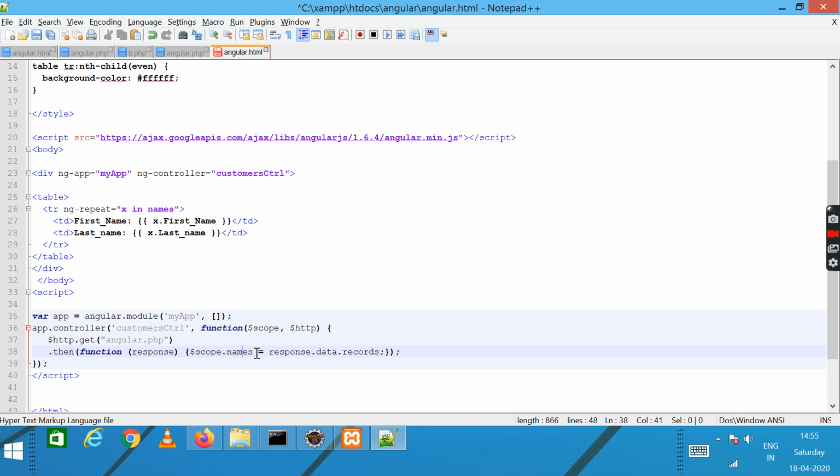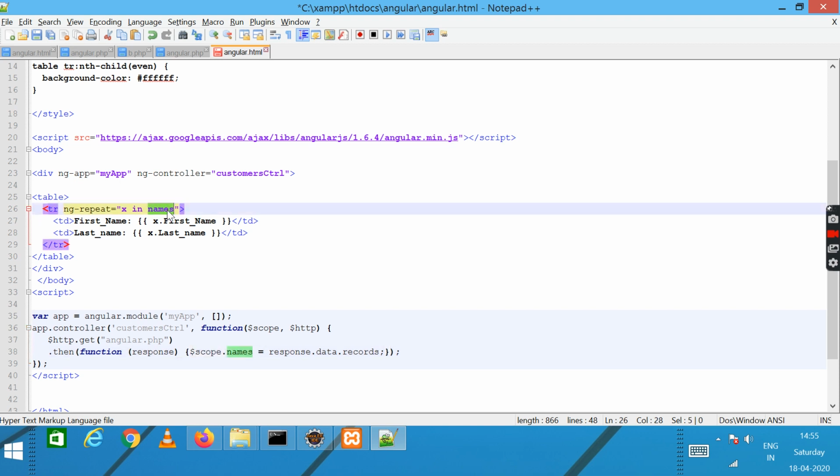So now what is our responsibility? Now data is available in $scope.names. It's multiple rows, right? And these multiple rows are stored in an array. So now it's the job of AngularJS to read the array names.